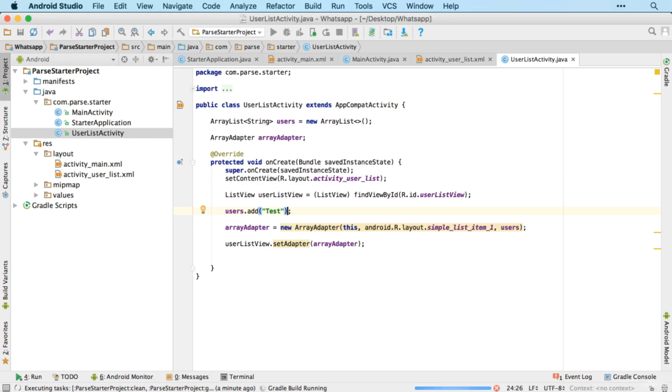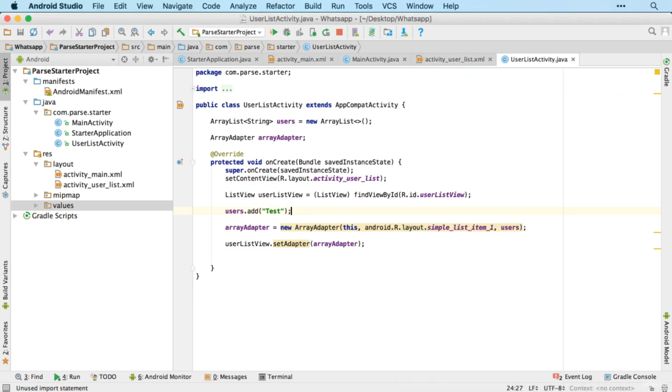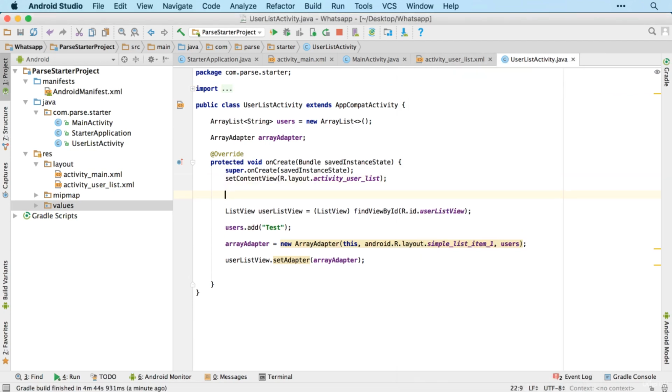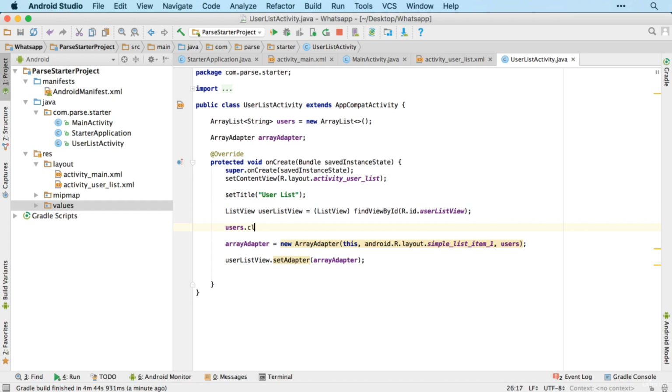Okay, back over to Android Studio. Let's just check our list view. And there we go. So that's all looking good, although we've still got the Parse Starter project as the title, so I'll just fix that. Okay. So now we'll get rid of users add test, and in fact, we'll set it to clear, just in case we've got any active users, and then we'll do a quick Parse user query,